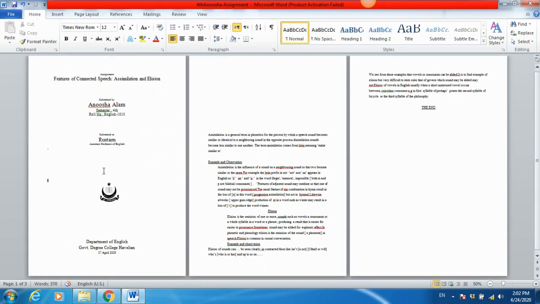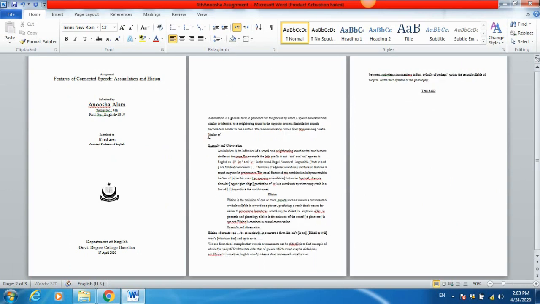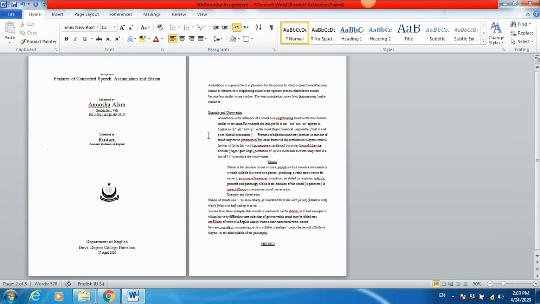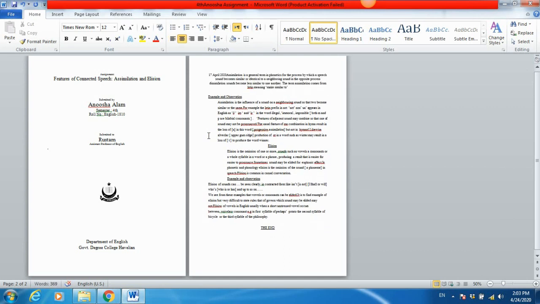So this is page number 1 on the left side, and it shows the formatting. Page number 1 has been formatted, and page number 2 still remains to be formatted. And when we press the cursor here, it will automatically move up, and the last page will be removed, as you can see here.